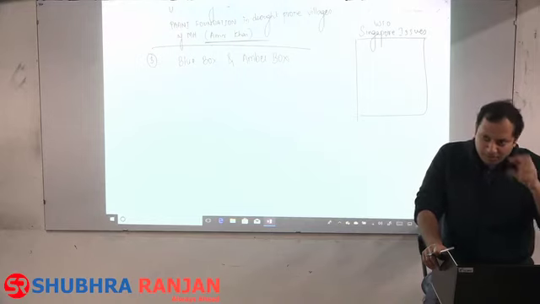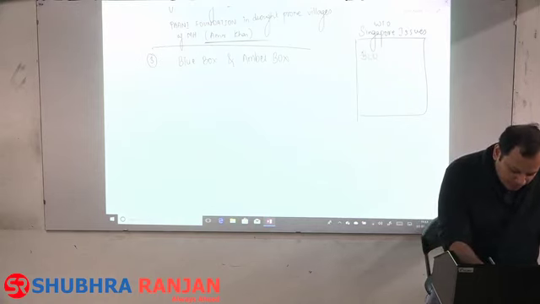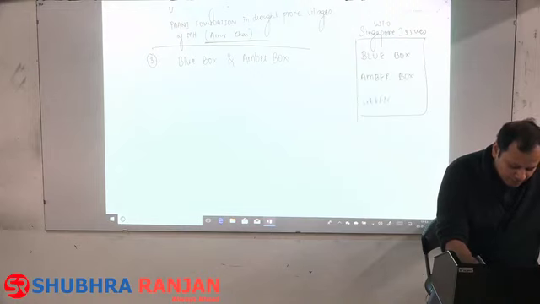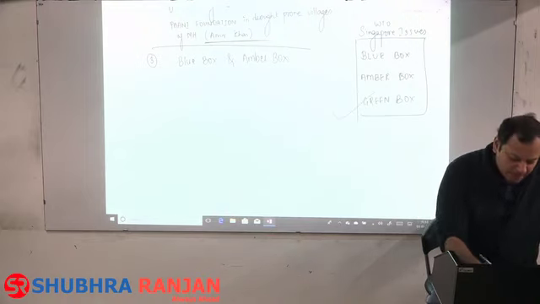Now, as per WTO, there are three kinds of agricultural subsidies. One is blue box, one is amber box, and one is green box. Now, why the name green box? Because these are the subsidies which, just like a traffic light signal, are allowed. Why the name amber box? Just like traffic light signals, they are allowed in limited quantity.